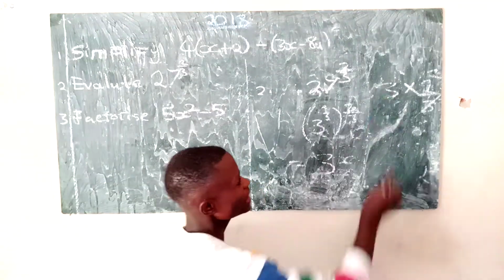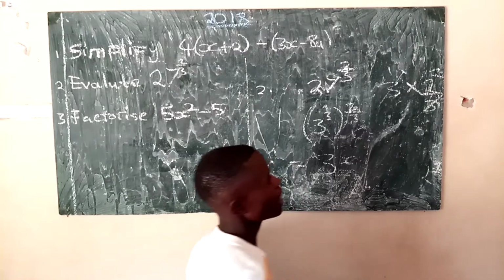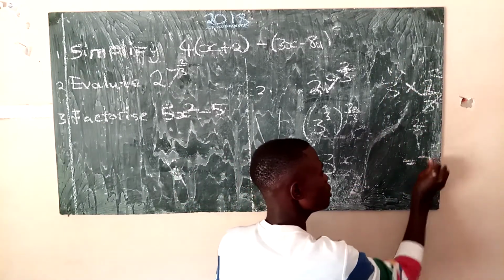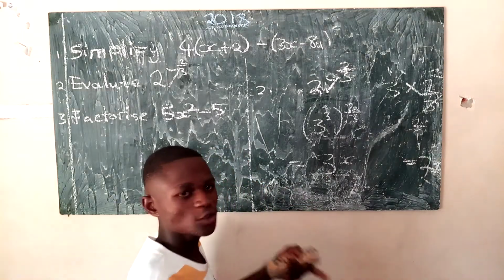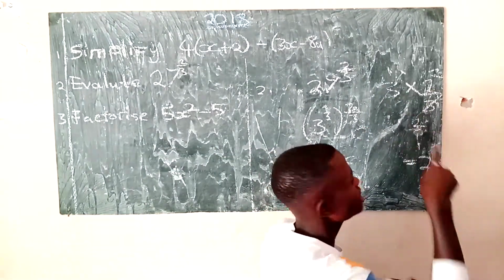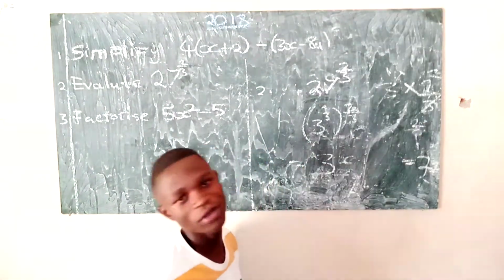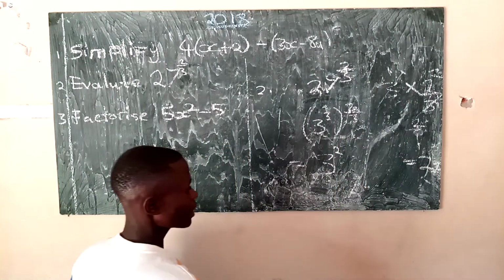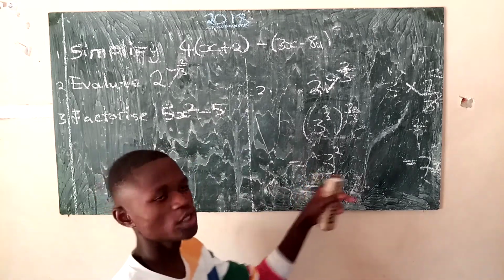When you are multiplying, this will cancel, this will cancel. So it's 1 times 2, which is 2 over 1, which is equal to 2. Or if you want, you can just go direct. 3 times 2, 6. 6 divided by 3, you still have 2. Okay, so this is to the power 2. Therefore our answer. Now, what is 3 to the power 2?